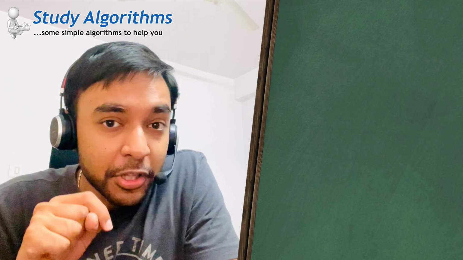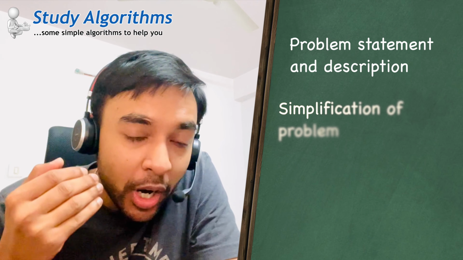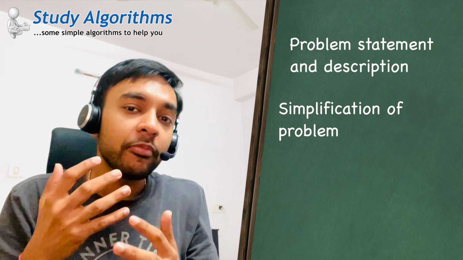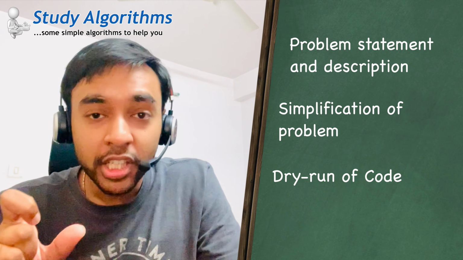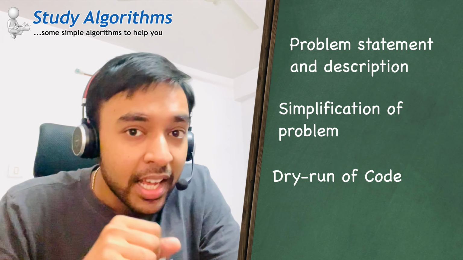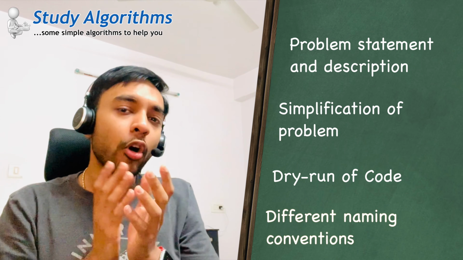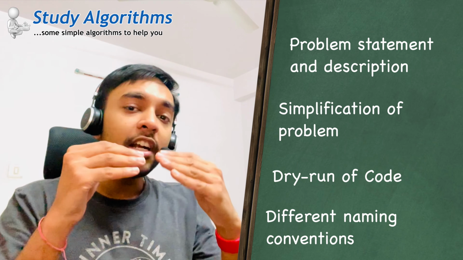First, I will describe you the problem statement and show you some sample test cases. Next, we will try to understand the problem and try to come up with an efficient solution. Going forward, we will do a dry run of the code so that you understand the code and what is happening behind the scenes. Ultimately, I would like to talk about these certain naming conventions and what are the different types. We will go over them one by one and just try to analyze what is the advantage of one over the other. So, without further ado, let's get started.